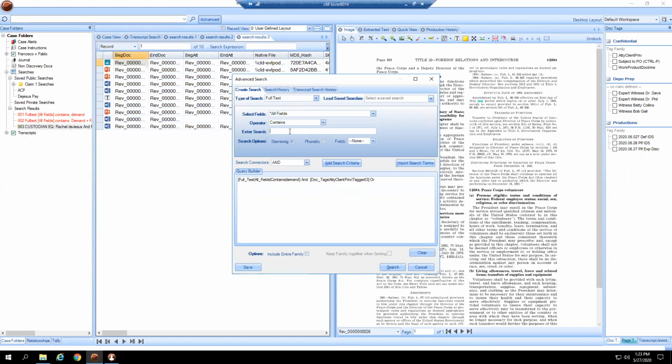Stemming would be like running, those gerunds. Phonetic would be like there, and there. Fuzzy is great for commonly misspelled words. So judgment is spelled like this. Most people accidentally spell it with that E in the middle. If you turned on fuzzy searching,